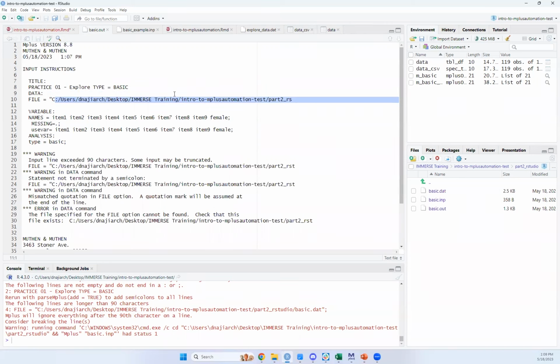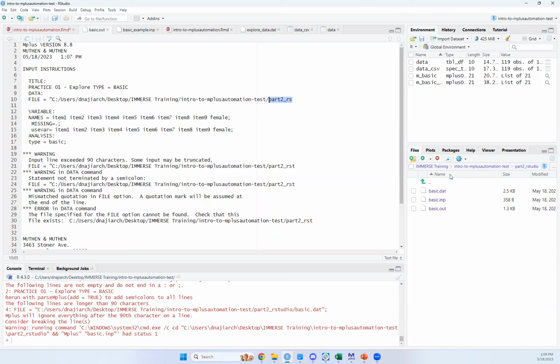So I want to change my folder name, possibly the Mplus R project name might be too long, or I can change the name of my part2 RStudio folder. Either way, it's too long for it to read the